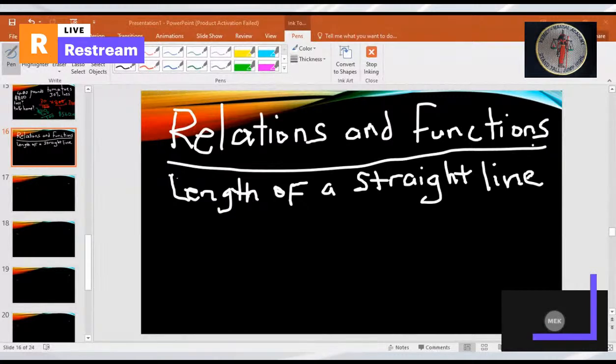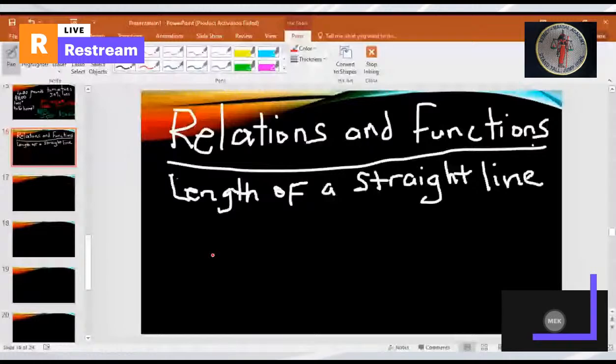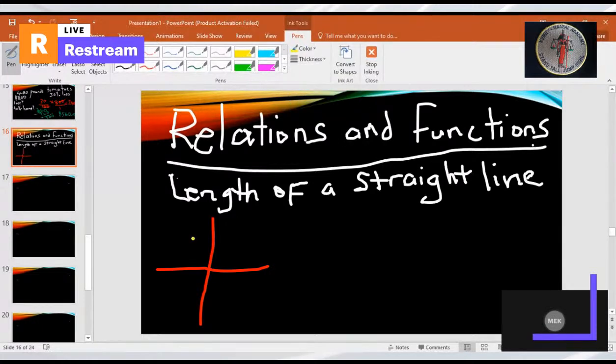So we're starting, and here we have our coordinate plane. We're pretending that it is straight. On the coordinate plane, if we have a straight line, so that straight line along the plane,